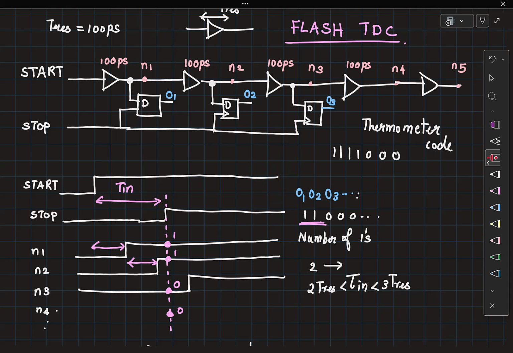So instead of using a flip flop where you are sensitive only to the rising edges in the stop, we could use a latch, which is level sensitive. If the clock is 0, the latch is going to hold the value. If the clock is 1, the latch is going to be transparent from input to output. Should I explain the functionality of a latch? Comfortable? Okay. So in that case, provided your start and stop signals are stable, but even then you have a problem, right? Because fluctuation in the level would cause issues.